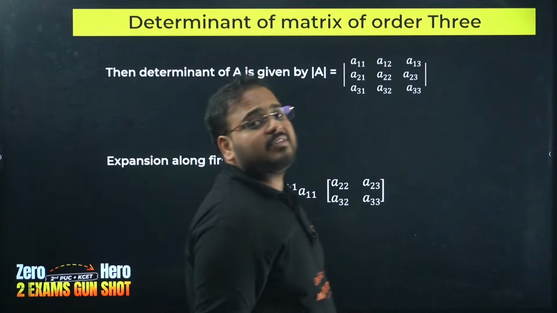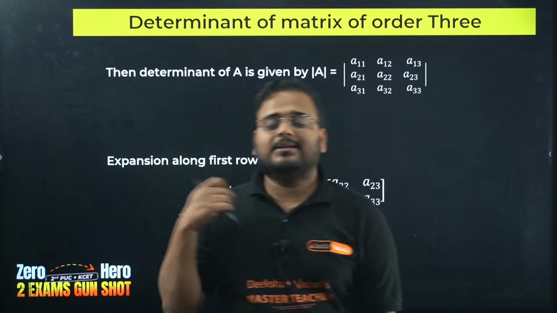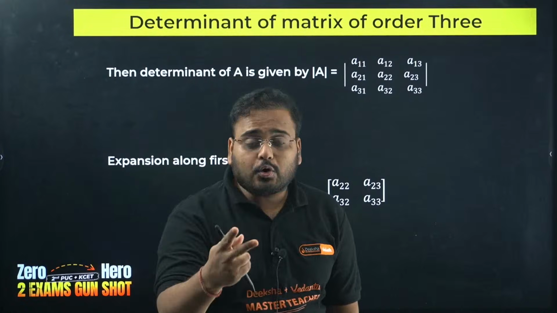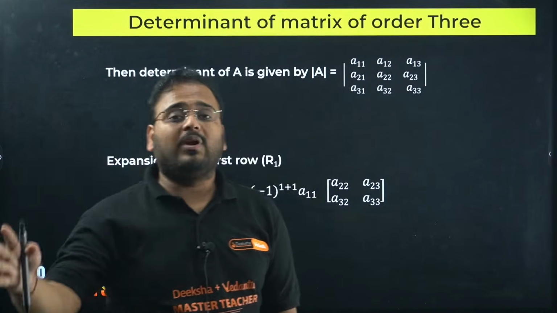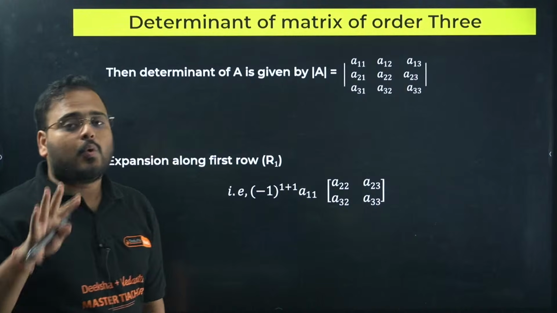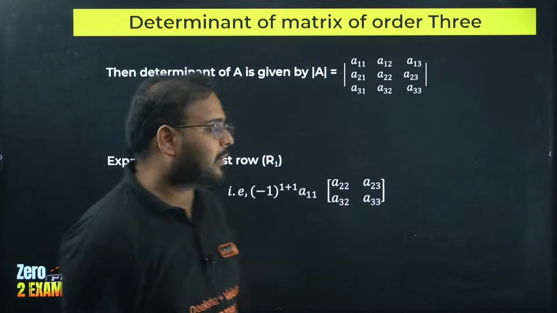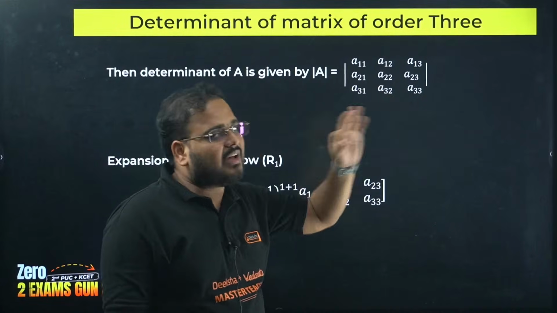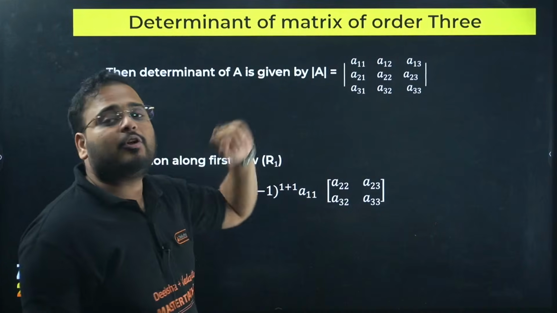Now, if you're dealing with a matrix of order 3, as I said, determinant associates itself only to a square matrix. So either 2 cross 2, 3 cross 3, 4 cross 4, whatever it is. But in our syllabus, we usually deal with matrices only till order 3. Okay. So in this case, you can check here, we have the 9 elements. 3 cross 3 means we'll have 9 elements in the matrix, and we're looking to find the determinant.